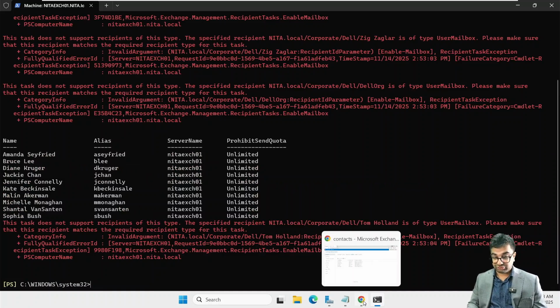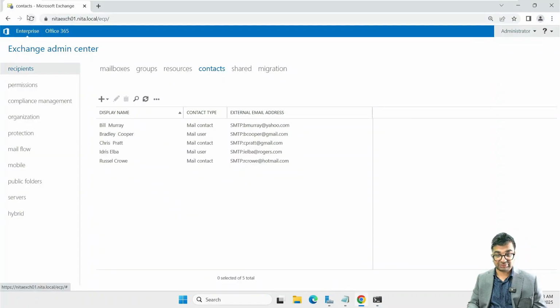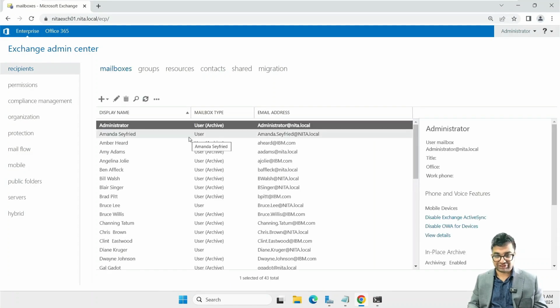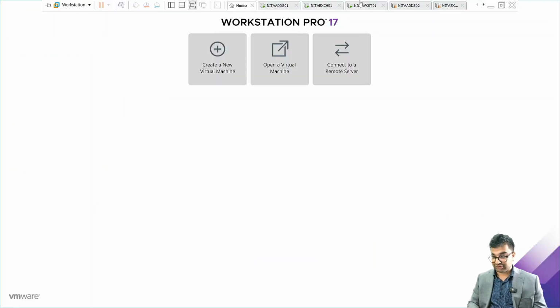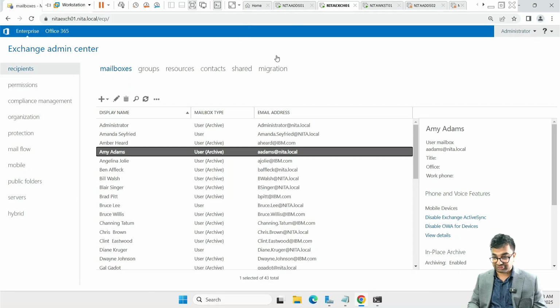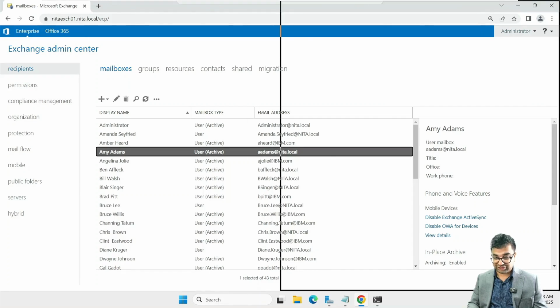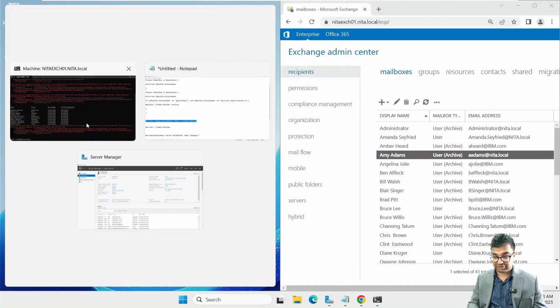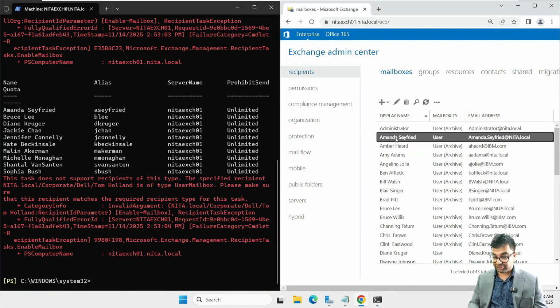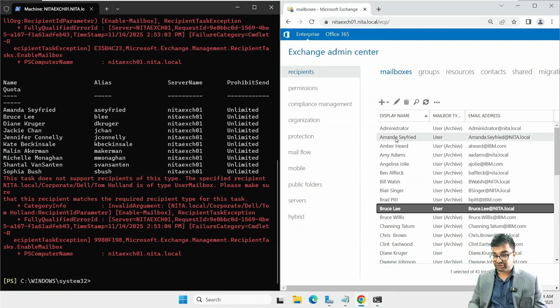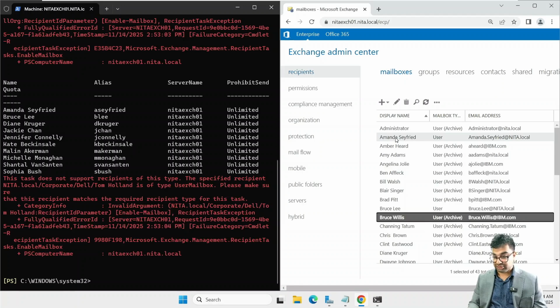We will navigate to the Exchange Admin Center. You can see I'm in my Exchange Admin Center right here. And every user, so Amanda Seyfried, and let's compare side by side. Okay, so Amanda Seyfried is here. Then we are looking for Bruce Lee. Bruce Lee is here. Diane Kruger,